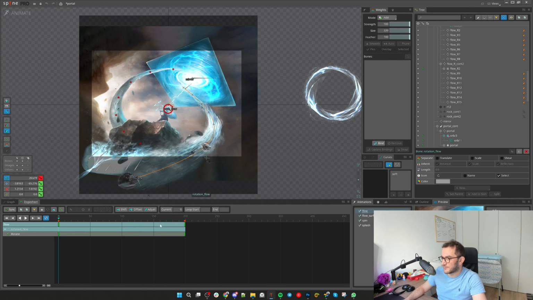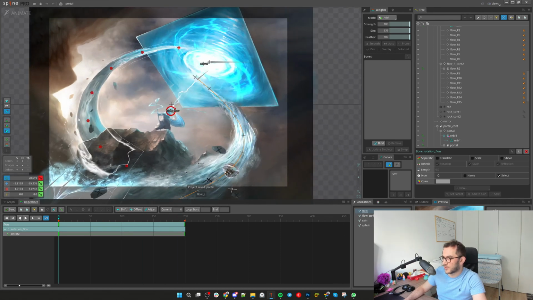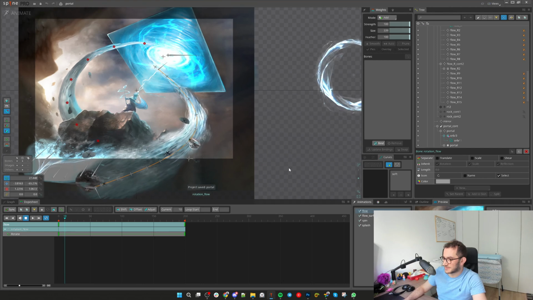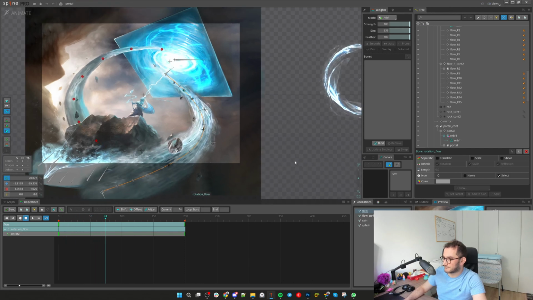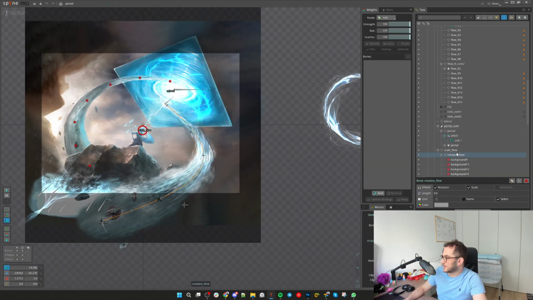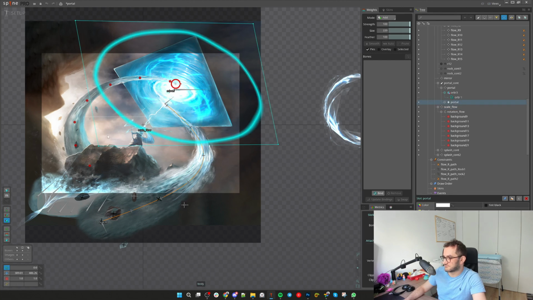Okay, so for that we will have to copy the whole structure. Let's try it. This looping thing is not always straightforward, so